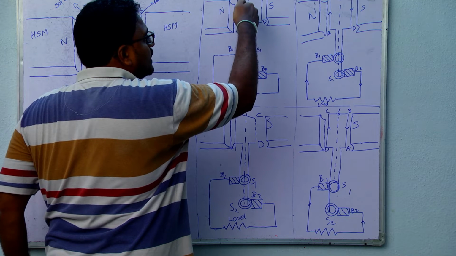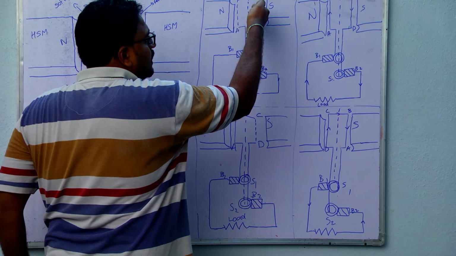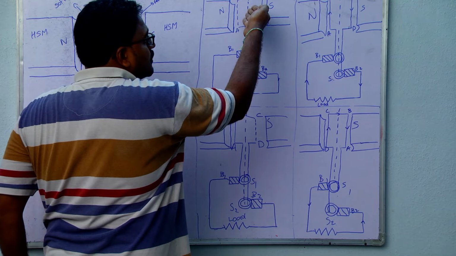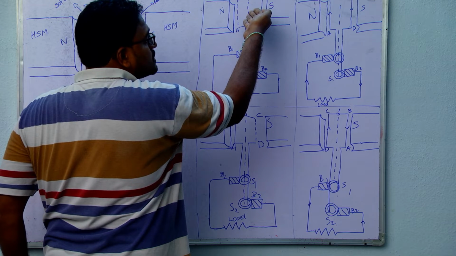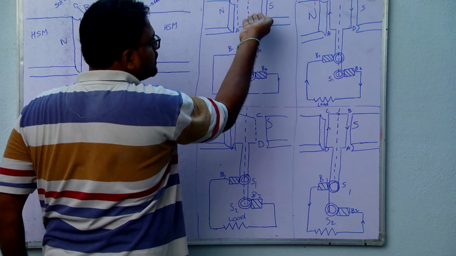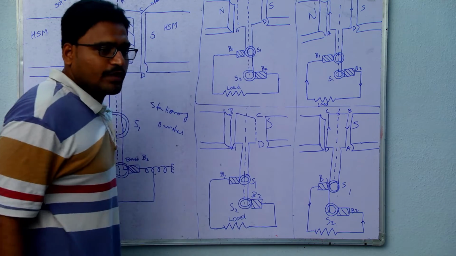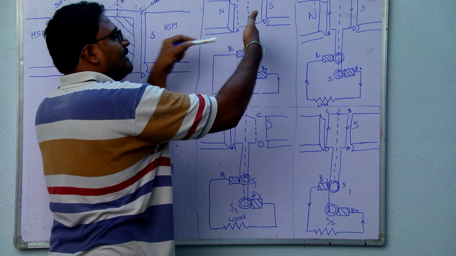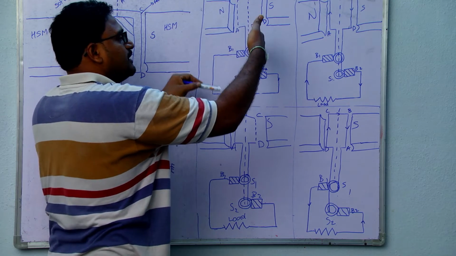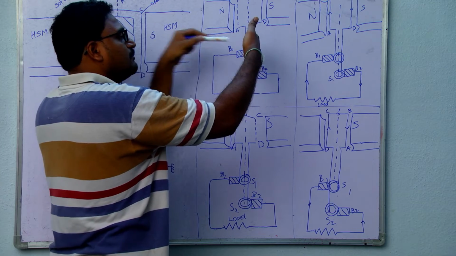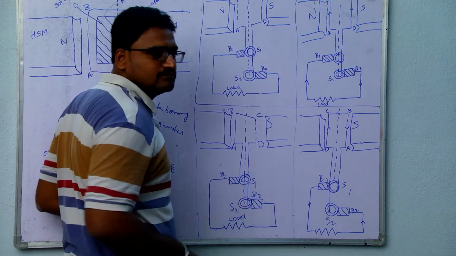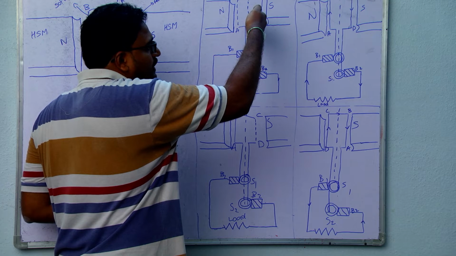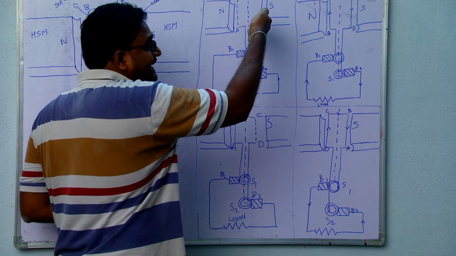Let's say I am rotating in the clockwise direction. By rotating like this, the number of magnetic field lines that are crossing this coil is reducing and becomes zero. Initially, when it is in this position, there is maximum area, so that the maximum number of magnetic field lines passes through this area. As I am rotating, the number of field lines passing through this coil decreases.